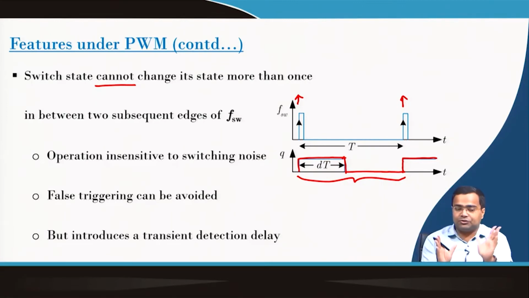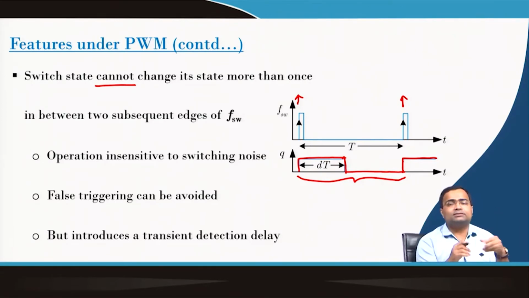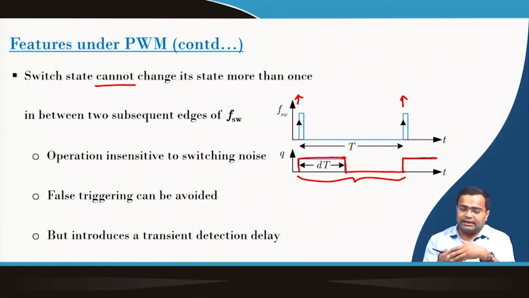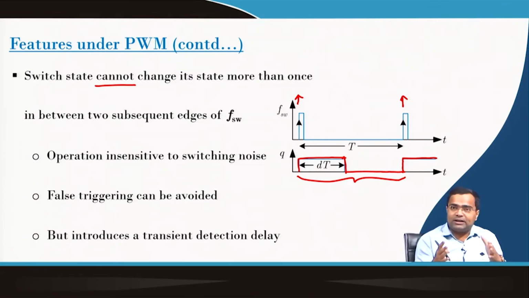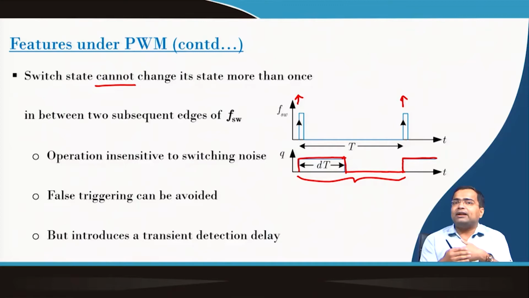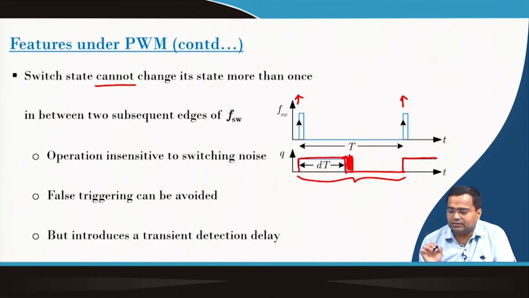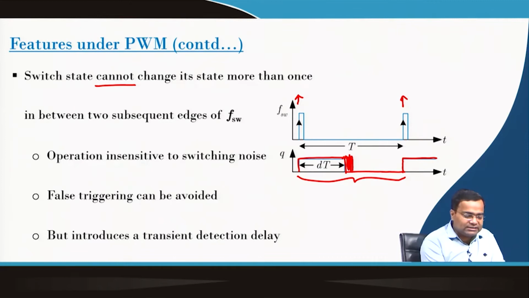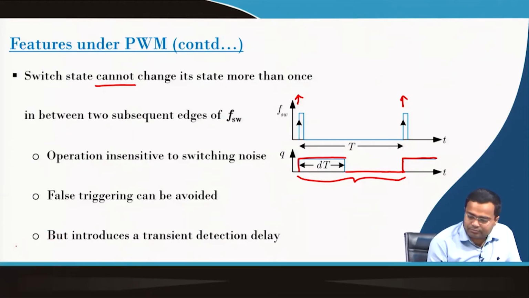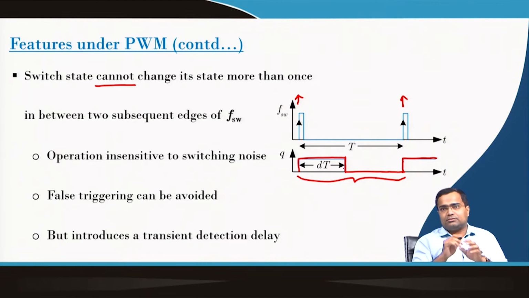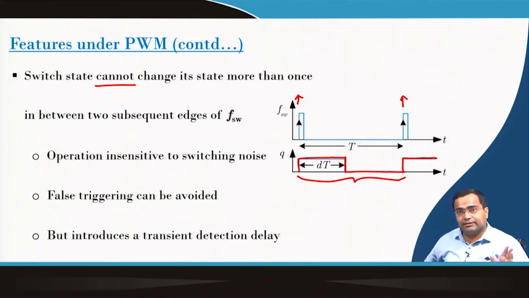And if we can make sure it will not change states, then we can make this operation insensitive to switching noise. I will show you in the subsequent slide. We can avoid false triggering. That means if you have multiple chattering kind of behavior, that we do not want. But because once it turns off, we are keeping it off throughout the rest of the interval,